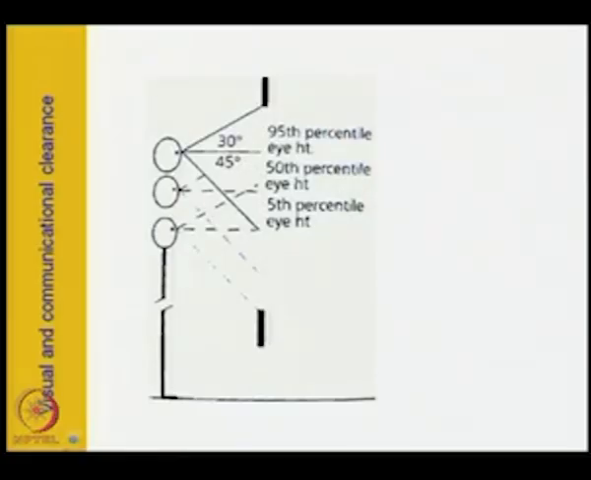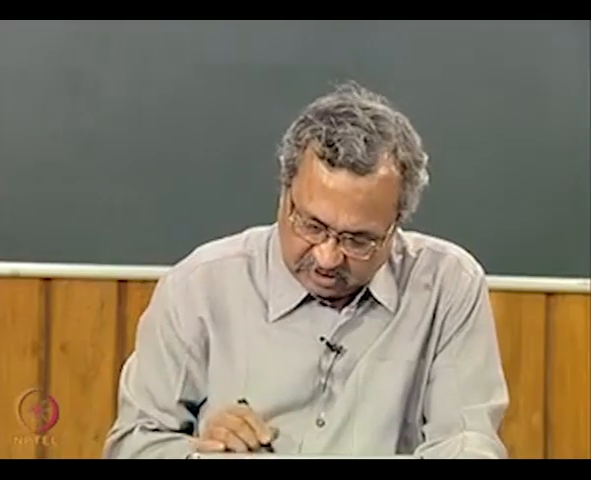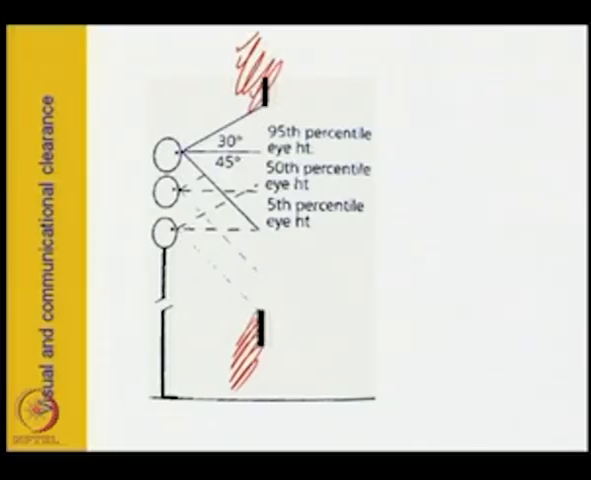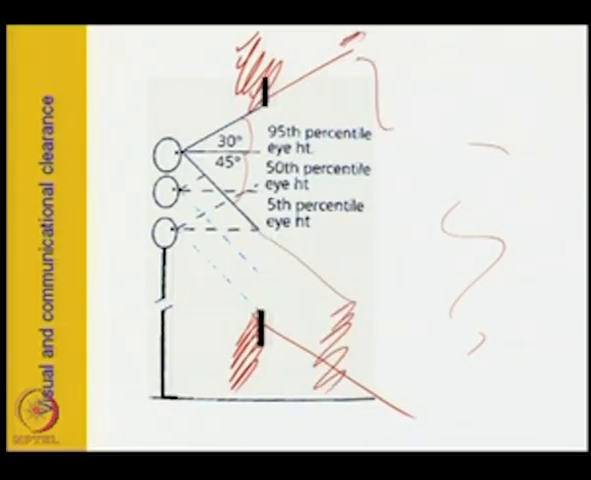Now, another thing is that suppose there is a wall in front of him, a closed wall, and this is the visual area where we want to see something. Now, for whose eye height should we consider? If a tall person comes, at 95th percentile eye height, for him this will be the 30 degree position and this will be the 45 degree position below the lines. So, for him this area is the good area. He can see this area,